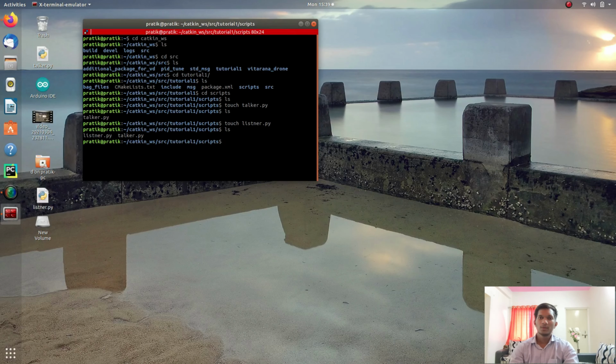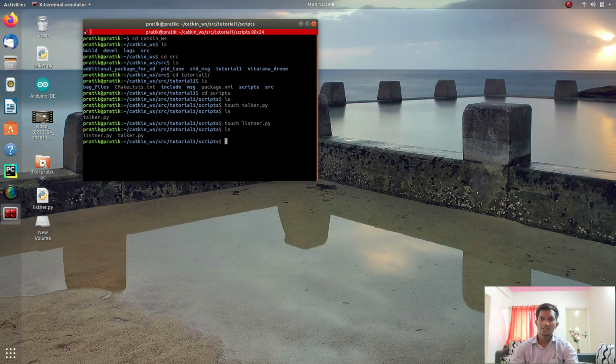Now these two node files are created, but these are not executable files. And if I try to run these two nodes, ROS will show an error: there is no executable named listener.py or talker.py according to the file which we are going to try to run.